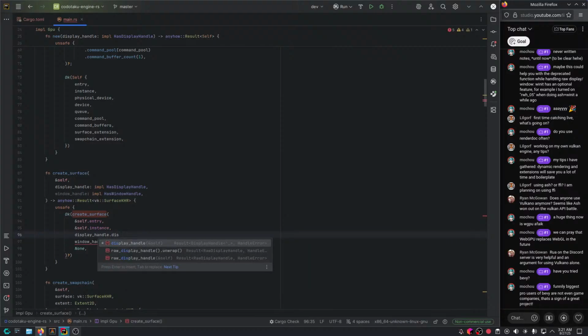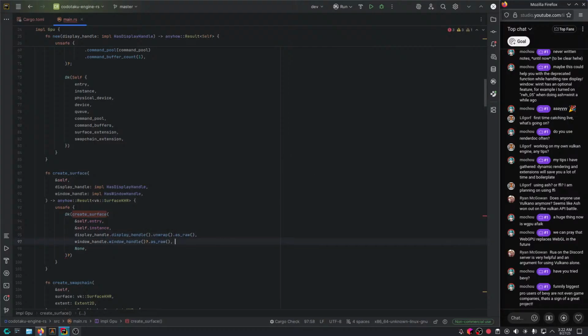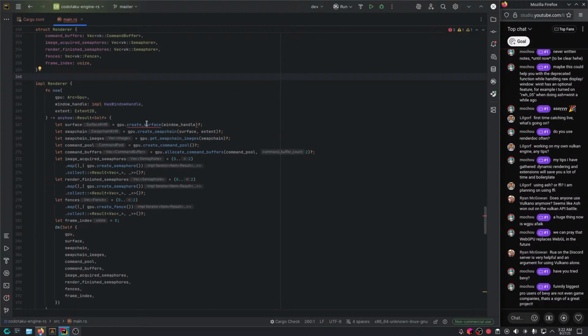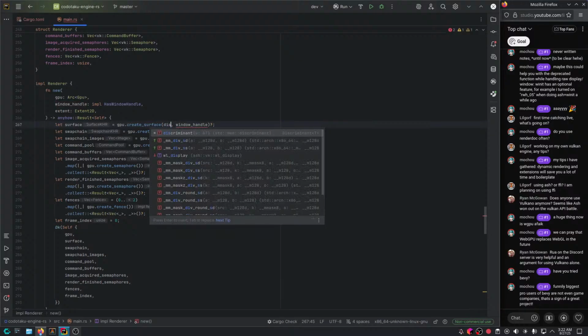Dot display handle, as raw. There we go. And now let's fix up that thing. Okay, so here I need to give it the window handle. And here the display handle.